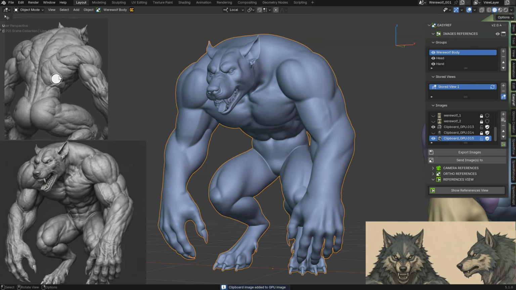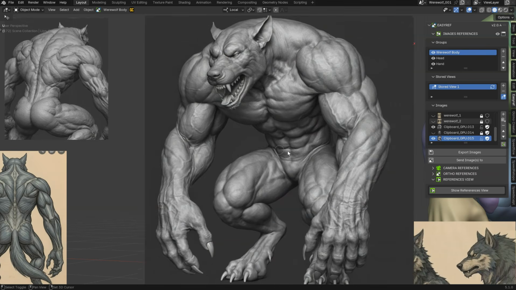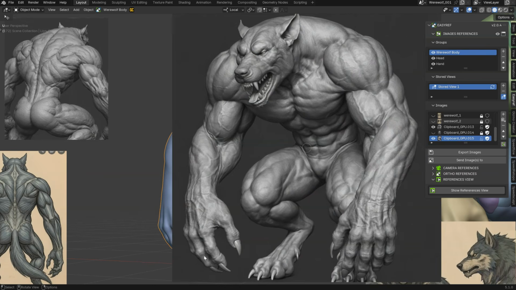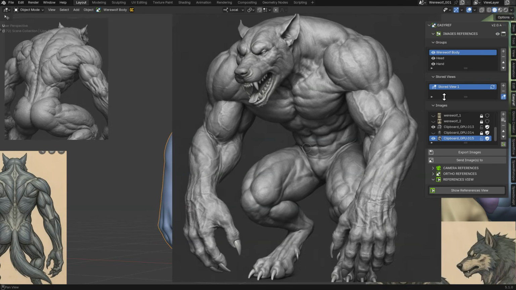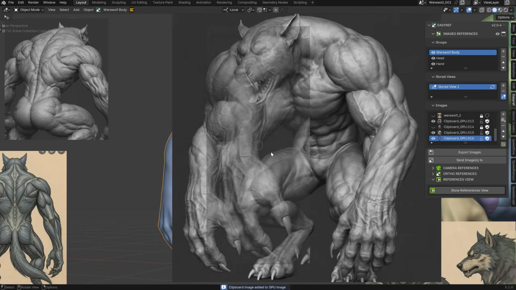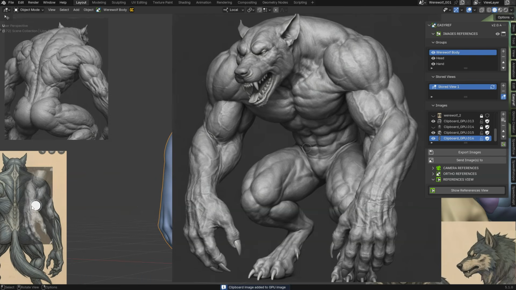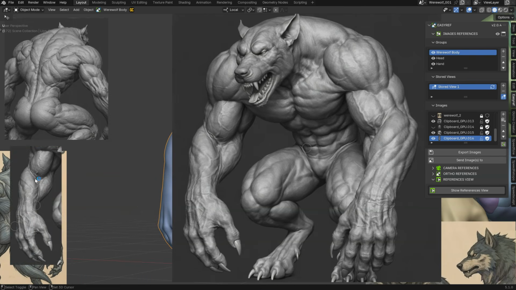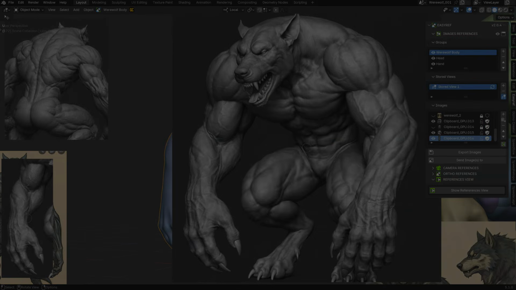So like that, with EasyRef, I can add my references and do whatever I want. Same for this. If I want to just take the forearm, I can make something, let's see, like that. Like that, add this, bam, I have now only the forearm, up, like that, and same for this part.